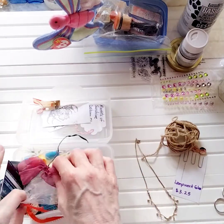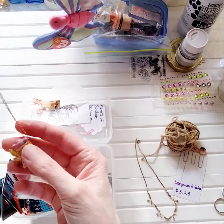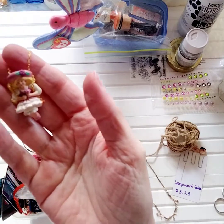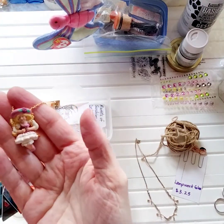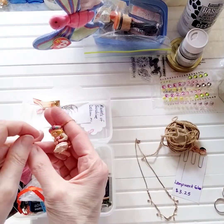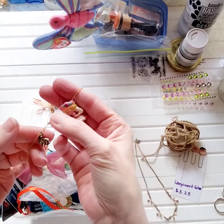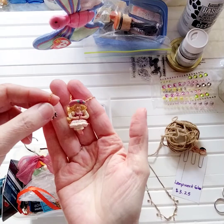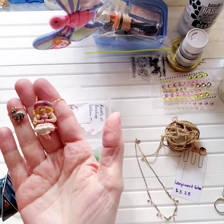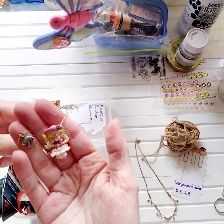And then another little necklace. I think this was called Polly Pockets. You remember that? If you have any girls and any grandchildren, do they even still make Polly Pockets? I don't even know. I think we bought this at an old toy store, Toys R Us. What is this? There's some other little charm on here. Oh, a bunny. We used to have bunnies, and the bunnies had babies, and we had cute little bunnies. I think it was four or five little bunnies. So there's our Polly Pockets. So that little necklace is going to go